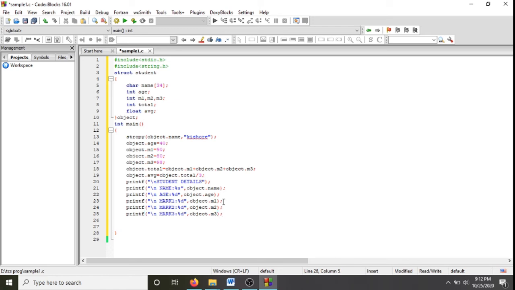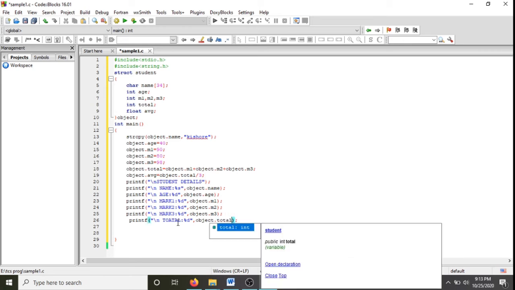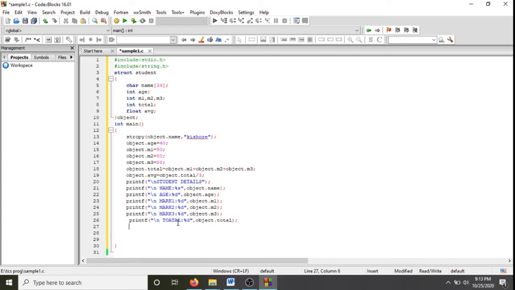Later I need to print the total. So here is the format by which I need to display my output. I am specifying it in the printf statement. Total again I have given under the data type of integer, so the identifier is %d, and then total, the variable I have declared inside my structure.